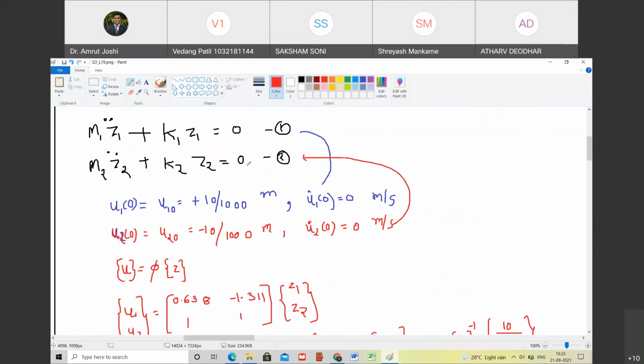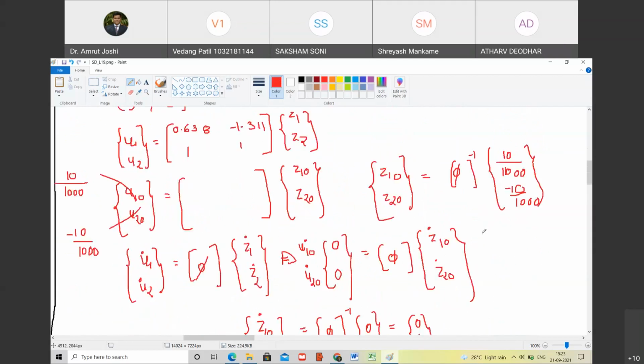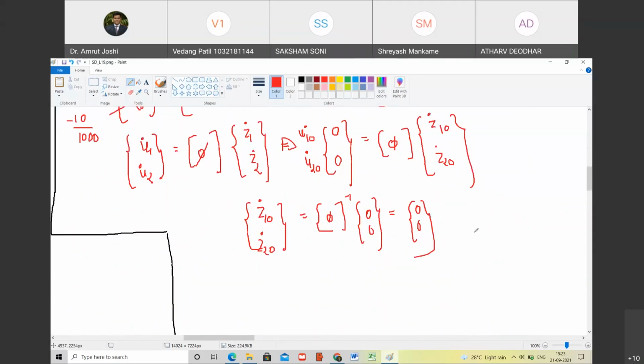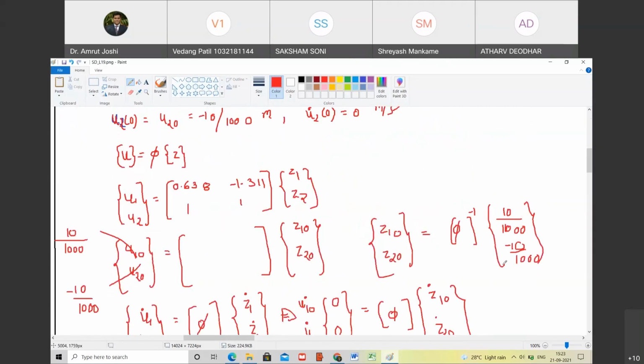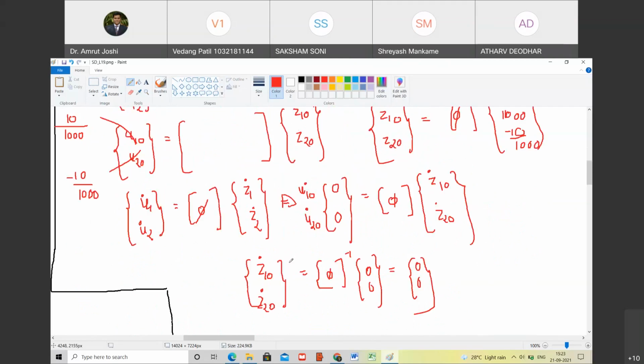solve this equation. So the next process, we are going to do it tomorrow. We will stop here today. Are you with me? Yes, sir. Okay, so I will leave it here. Now the next process is going to be very simple because we already know the solution. We will do that in tomorrow's class, and finally in tomorrow's class we are going to plot the solution of free vibration of this multi-degree of freedom system. So let us stop here today.